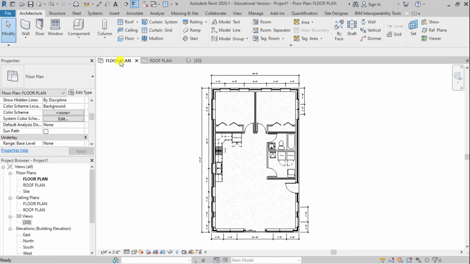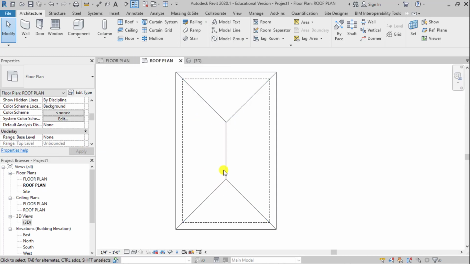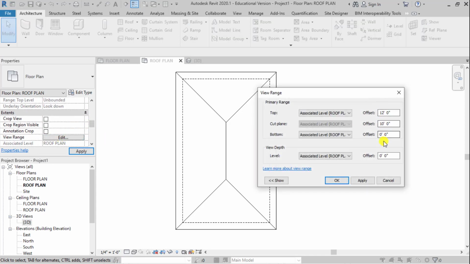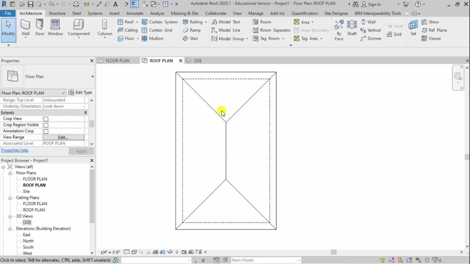And now we're going to go back to our roof plan, and we see the peak of our roof right here. So we see our ridge. So that is good. I would say double check your view range like we said under extents. And if you use my numbers, you should be good. And if you're not getting this result with my numbers, keep bumping it up a little bit. What was happening with that rectangle before is it was cutting through the roof and taking part of it off. And we don't want that. So as long as we have a 6/12 roof that is a hip roof,